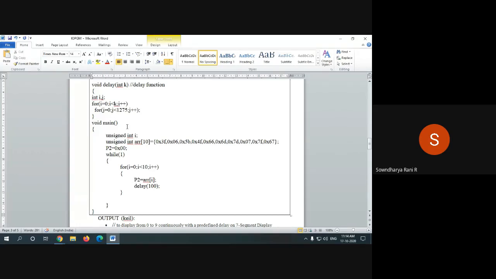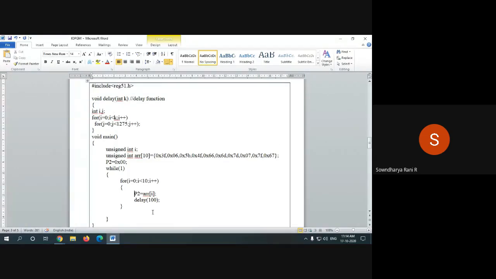If you give k as 1 here, the delay will be 1275 multiplied by 1 multiplied by 1.085 microseconds, so the delay will be about 1 millisecond.